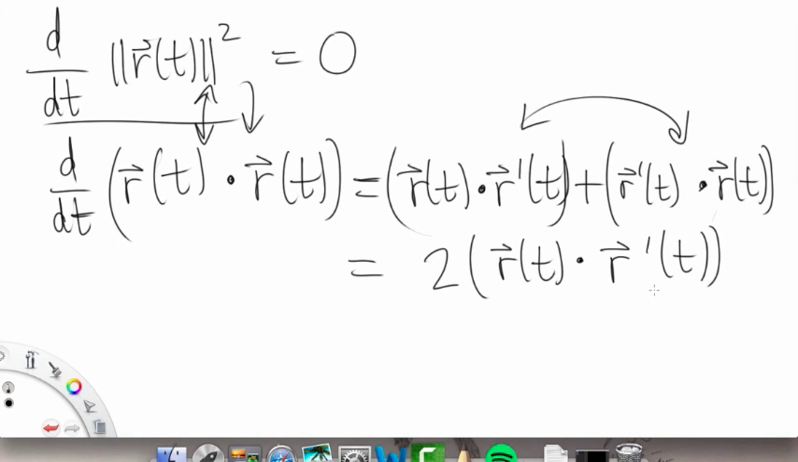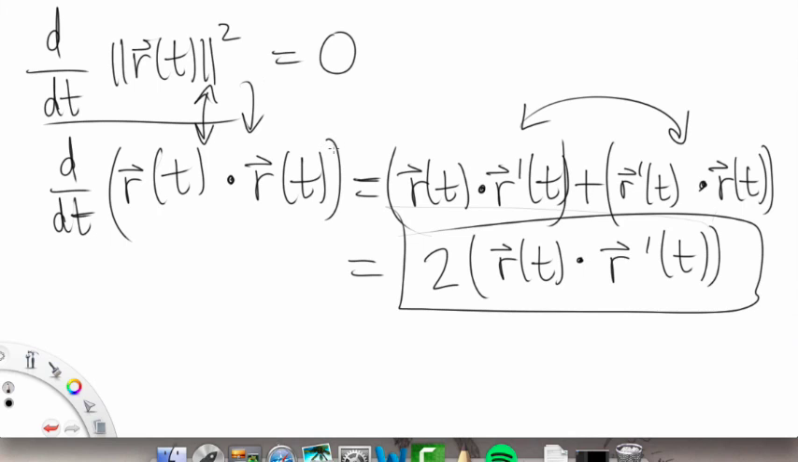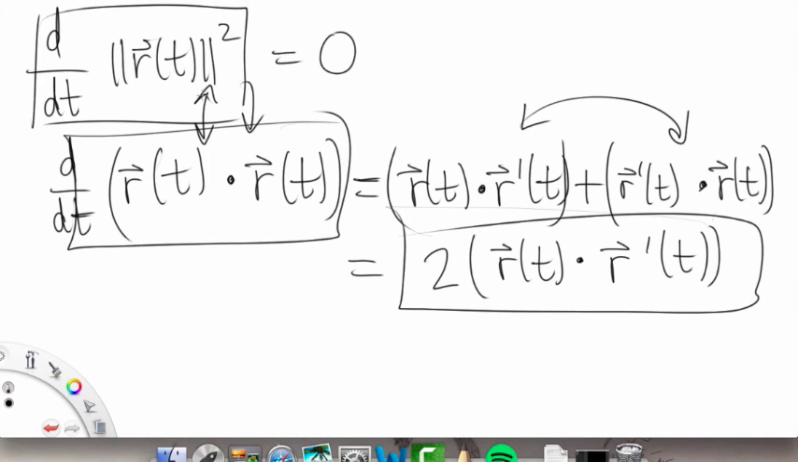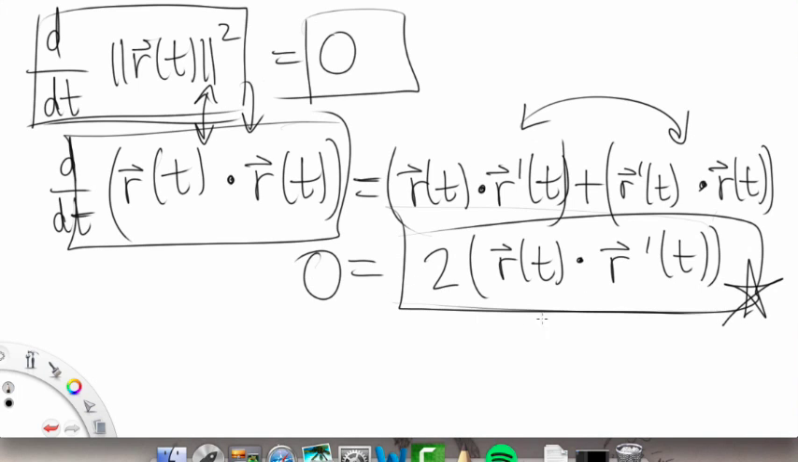And now you might be like, okay, so this tells us what? And if you'll recall, this is equal to this, which is equal to this. I'll just keep boxing things, which is equal to 0. There we go. So the key point to remember here is that this thing that we ended up with is equal to 0. And if you divide by 2, that doesn't really do anything to the 0. So that means that r of t dotted with r prime of t equals 0,